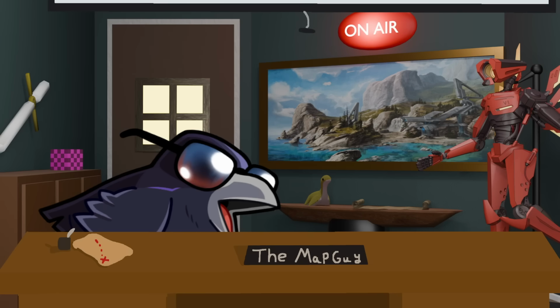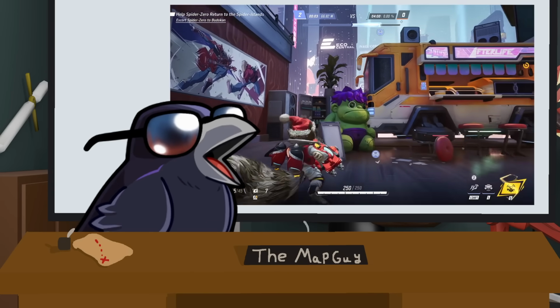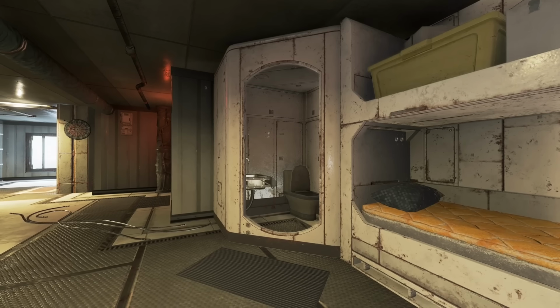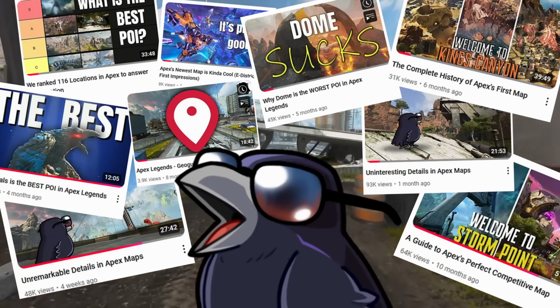And realizing that made me wonder, at what point was I convinced that this map made sense? That stuff like this didn't matter. See this? This is the bathroom in the game Apex Legends. I have a lot of experience looking around the maps of Apex, and that's why I can tell you that